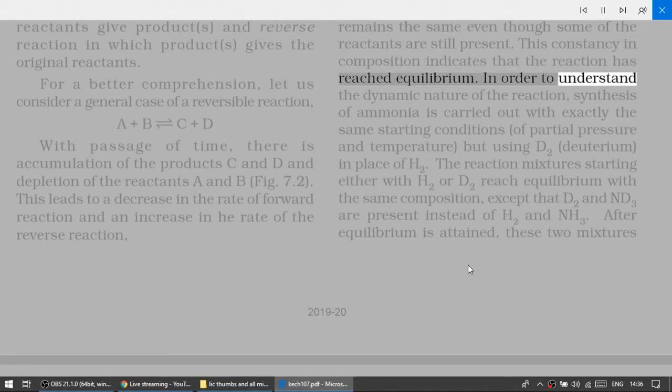In order to understand the dynamic nature of the reaction, synthesis of ammonia is carried out with exactly the same starting conditions of partial pressure and temperature, but using D2, deuterium, in place of H2. The reaction mixtures starting either with H2 or D2 reach equilibrium with the same composition, except that D2 and ND3 are present instead of H2 and NH3. After equilibrium is attained, these two mixtures